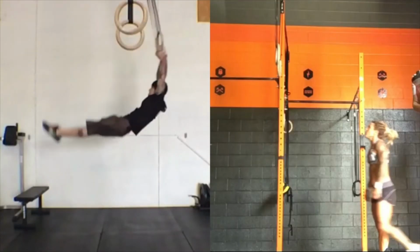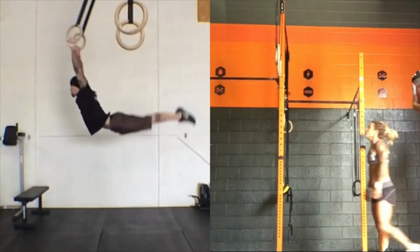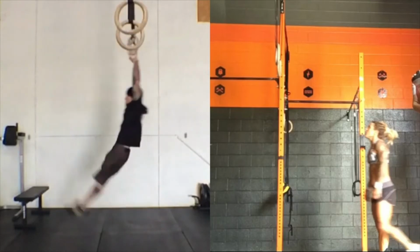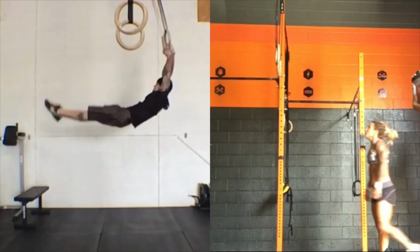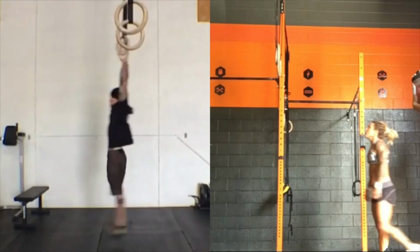So the first thing that's happening, you'll notice that his head is, for the most part, in line with his arms. And what that means is his ears track with his biceps. So that is super important. Anytime that you are trying to achieve an arch, your head should be back. Anytime that you are trying to achieve a hollow, your head should be in. Why? Because your head is connected to your spine, and in whatever position your head is in, it's likely that